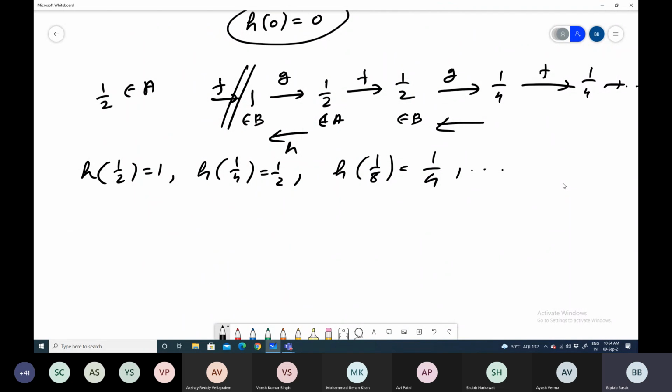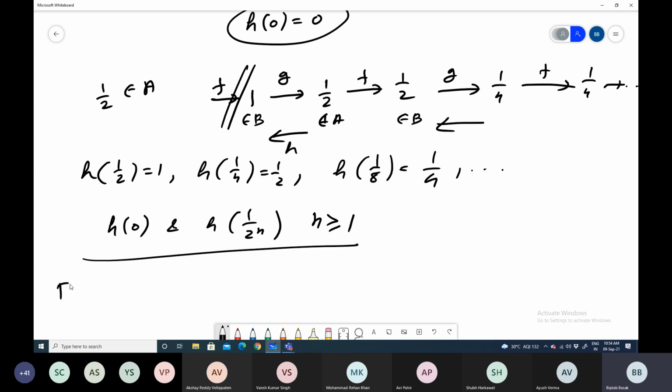And now check that for other elements. So we have defined H0 equal to 0 and H1 by 2 to the power n for n bigger equal to 1. We have defined this. Now check that for 1 by 2 to the power n less than x less than 1 by 2 to the power n minus 1, you can check that